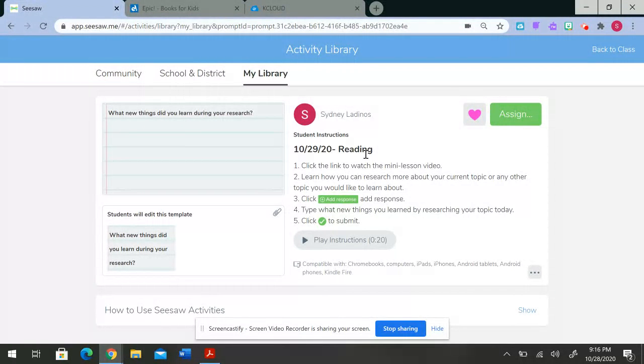And so I'm going to give you this time today to play around with researching different topics. You might research more about the topic you're reading about in nonfiction, or the topic that you're writing about in nonfiction, or anything else that you would be interested in. So there are a few places you can go to research for specific information.